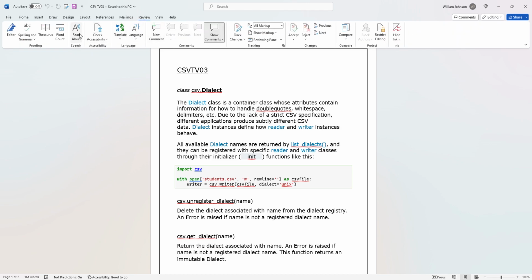And let's get started. Class csv.Dialect. The dialect class is a container class whose attributes contain information for how to handle double quotes, whitespace, delimiters, etc. Due to the lack of a strict CSV specification, different applications produce subtly different CSV data. Dialect instances define how reader and writer instances behave. All available dialect names are returned by list_dialects, and they can be registered with specific reader and writer classes through their initializer,